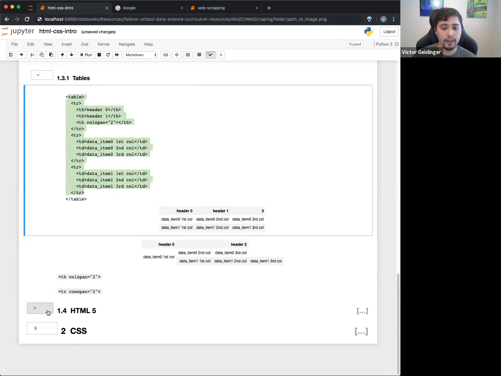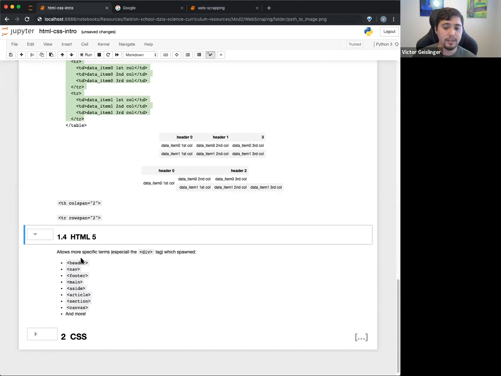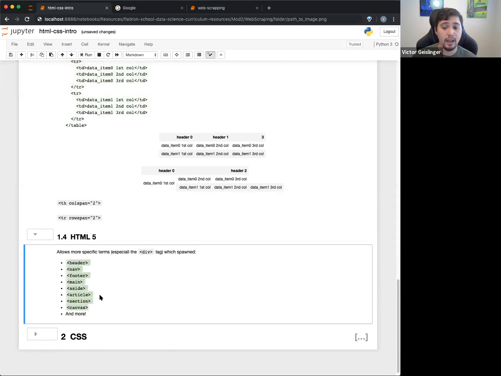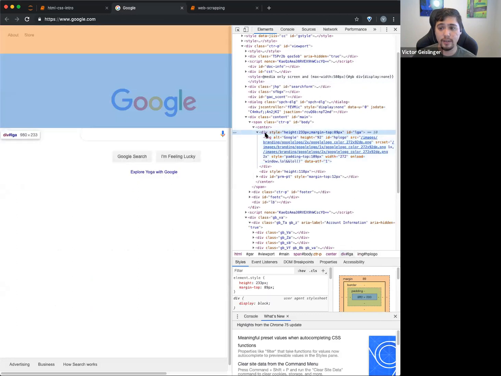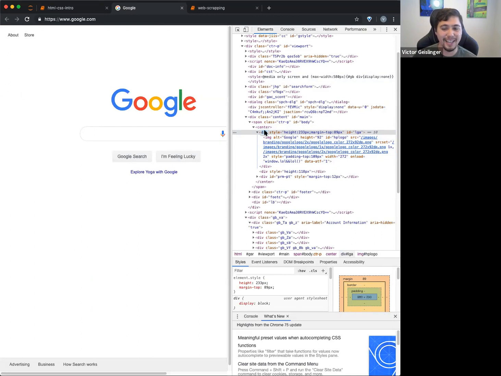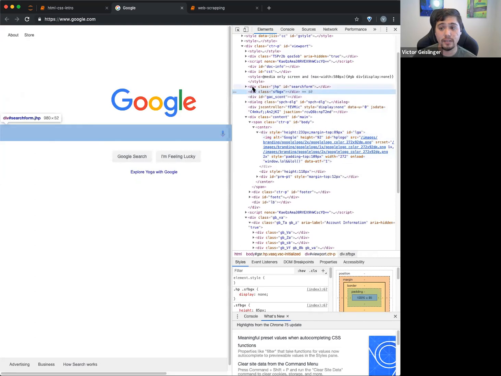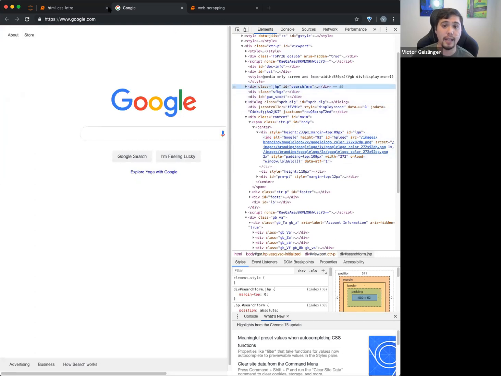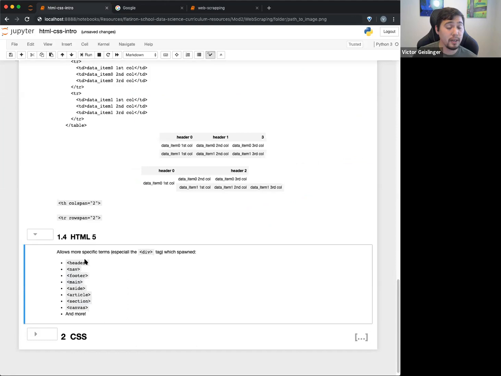Cool. All right. And then last part for HTML, just know that there's basically other tags that you can use. As I mentioned before in Google, you can see this div tag right here. Okay, this .div, I know it's really small. I hope you guys can see it okay. But you can see here the different tags, there's a lot of divs. And HTML5 basically allows you to put other parts in there to help signal to say, oh, this is a header, this is a navigation bar, this is a footer, this is an aside, this is an article,